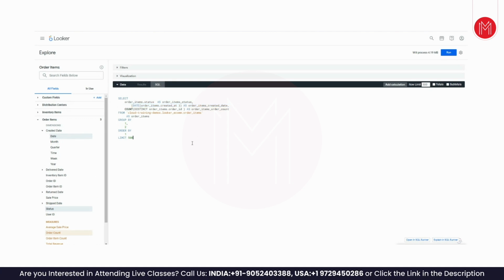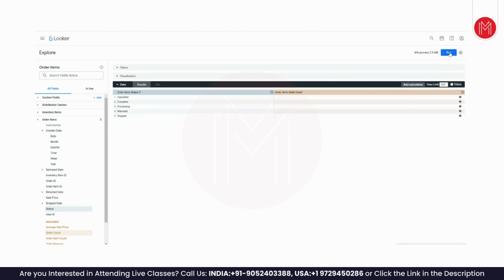This is very simple SQL, but Looker can also write complex SQLs on its own. You don't have to worry. You only have to do the drag and drop. That's it. Looker writes its own SQL behind the scenes. Let me remove this date again. The SQL is modified, and again, once I click on run,